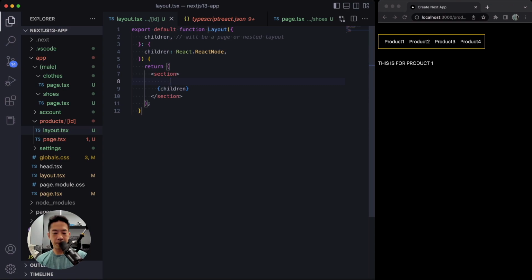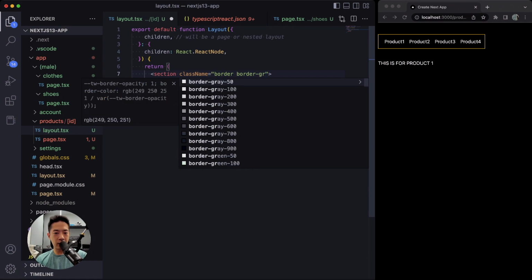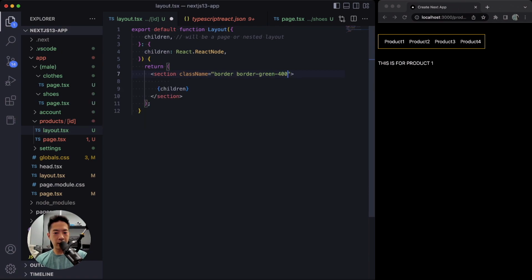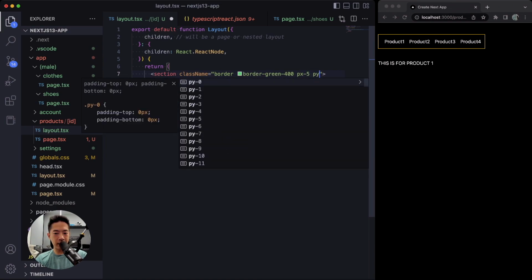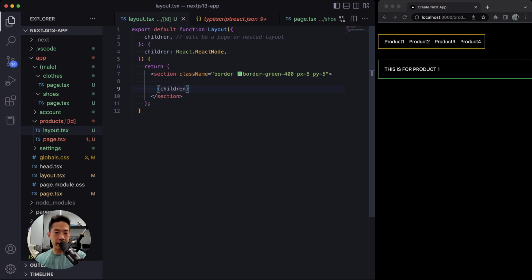So save that. Over here, let's say we want to see where our product page is at. So let's do another border around it, but with a different color. So maybe green. Yeah, let's do green. And some spacing or padding along the Y and X axis. After saving, you'll see the green border around. This is for product 1. So the border is from this right section in our layout, and of course this is for product 1